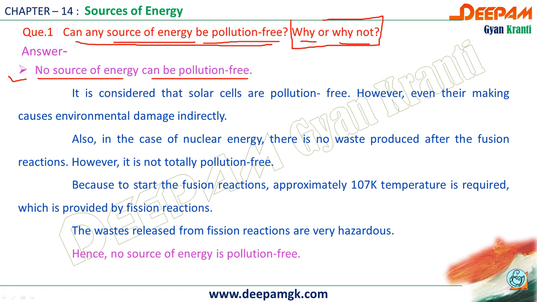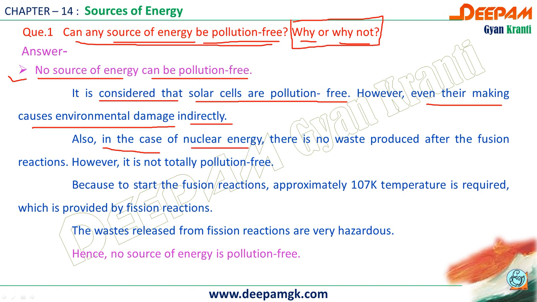Now we have to talk about why or why not. It is considered that solar cells are pollution free. We know that solar cells are pollution free. However, even their making causes environmental damage indirectly. When solar cells are made, it creates pollution for the environment. Also, in the case of nuclear energy, there is no waste produced after the fusion reaction. However, it is not totally pollution free, though it gives a lot of energy. From nuclear energy we get lots of energy, even though it is not totally pollution free, because to start